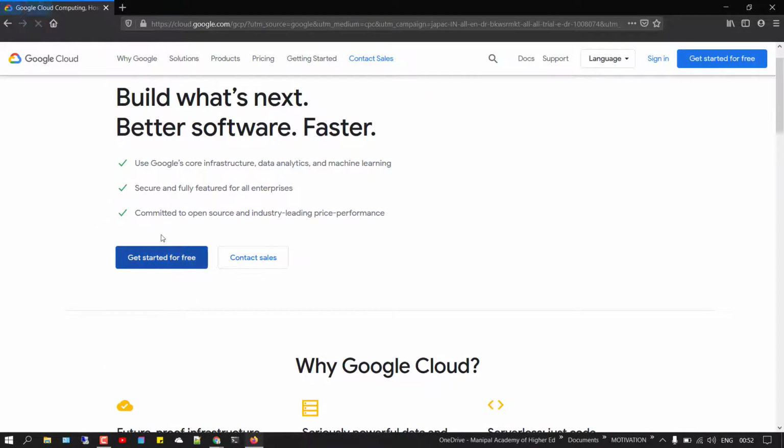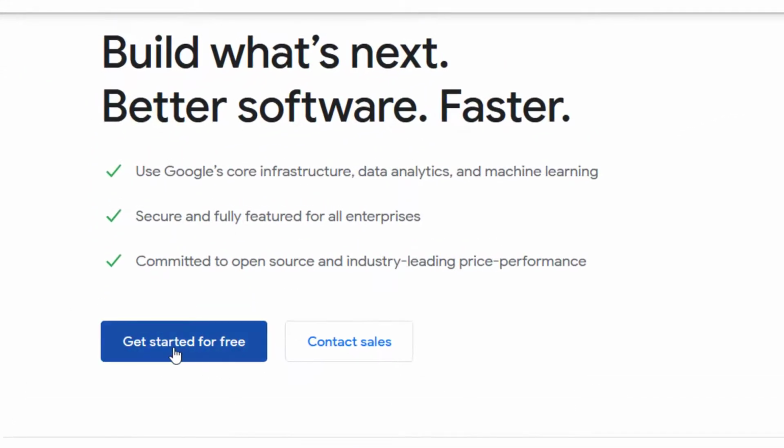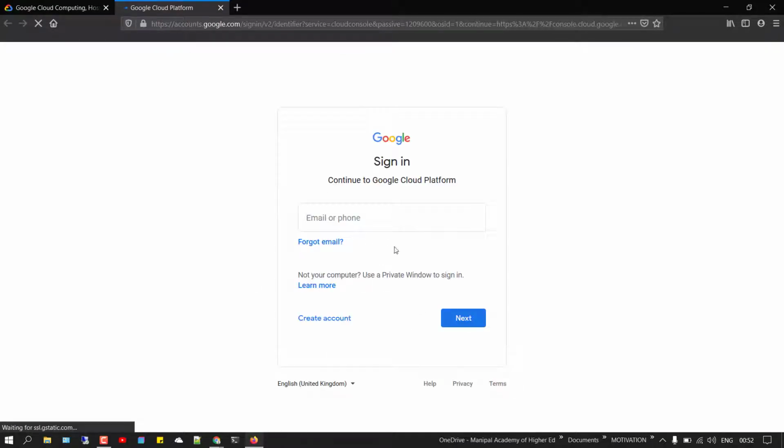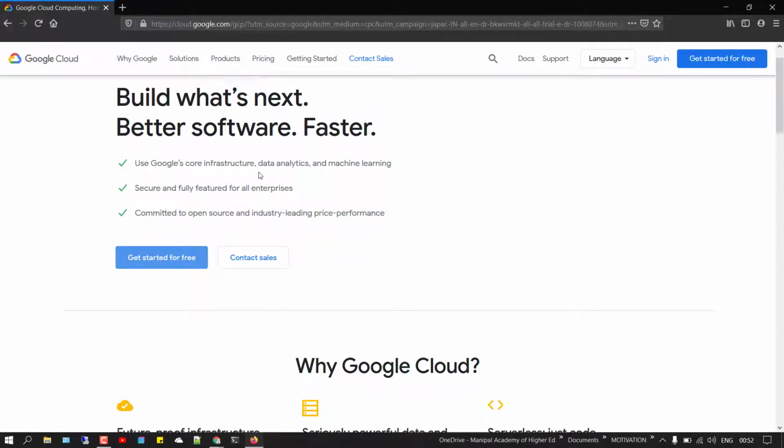You just have to click on the first get started for free button, and it will guide you through a series of processes where it will ask you to enter your bank details, your email IDs and Google credentials. You don't have to worry much about it because it's Google, first of all, and secondly, they are not going to charge you anything. Just to confirm whether you're a human being or a bot, they might deduct at the max 5 rupees and nothing more than that. And once the trial phase is over, they are not going to deduct anything until you manually put it on auto billing.